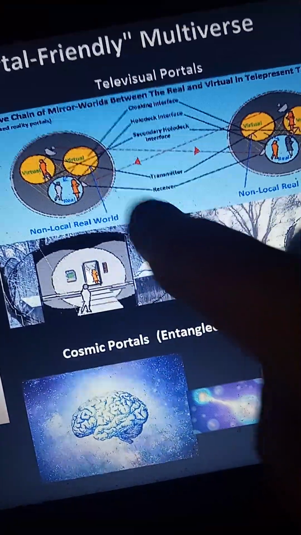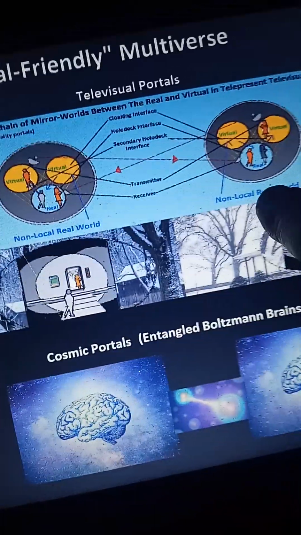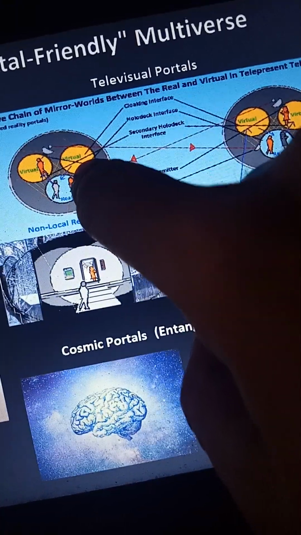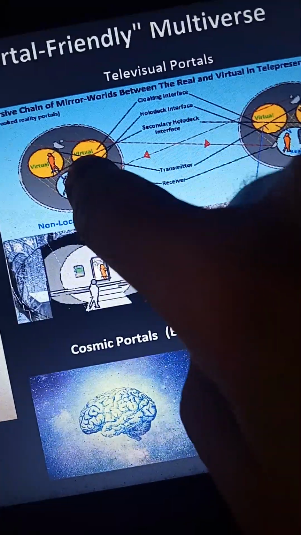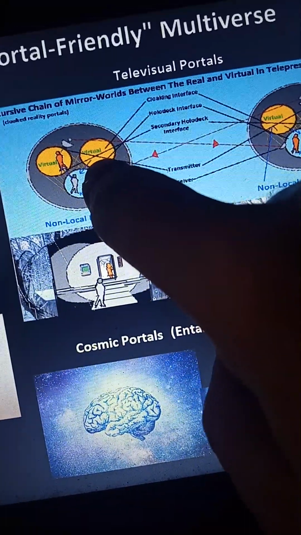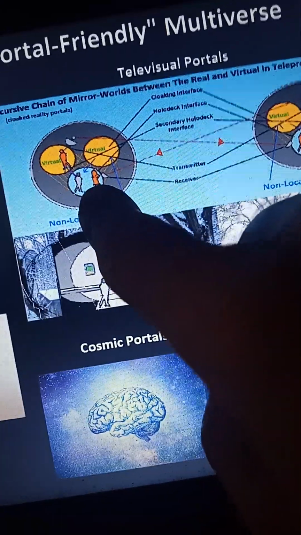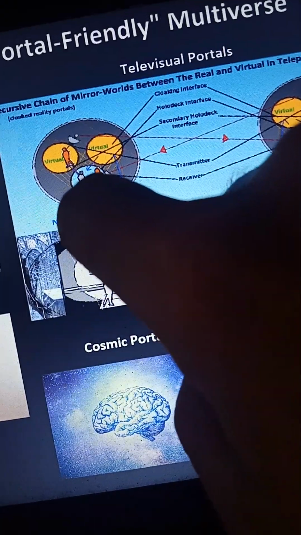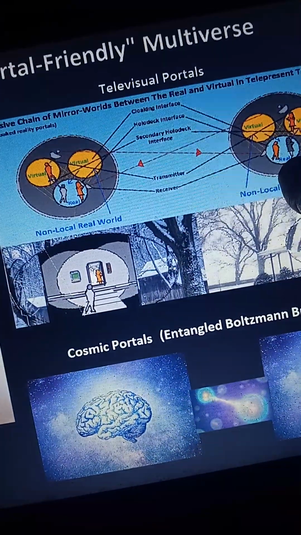There's a chain because outside is the real world, both non-local real worlds. The inside is a virtual world. It begins the chain with the real world, then the virtual, no physical objects, just light. And then it becomes a real world again, light and physical objects. Then it transfers over to the purely virtual holodeck, light, which transfers over again to the real holodeck,